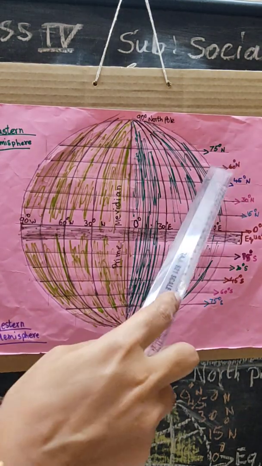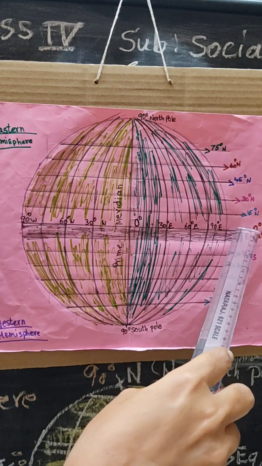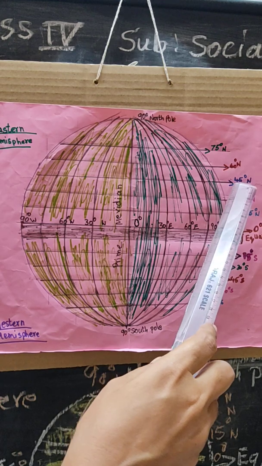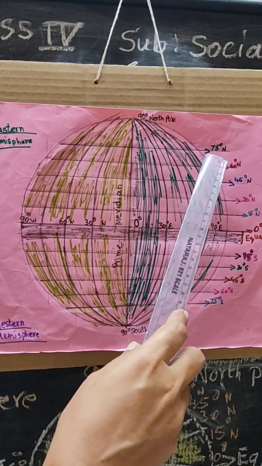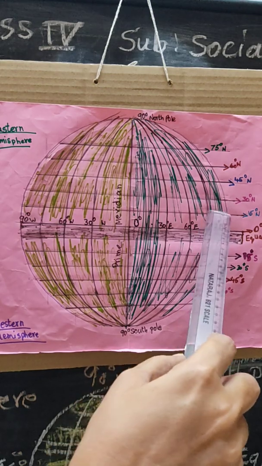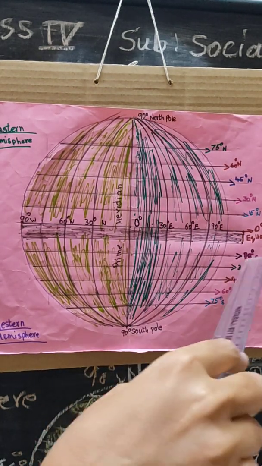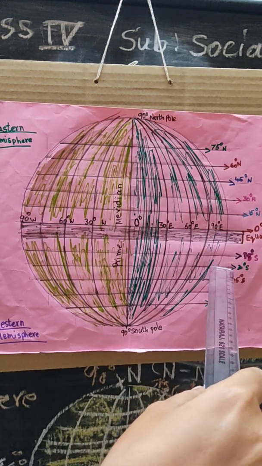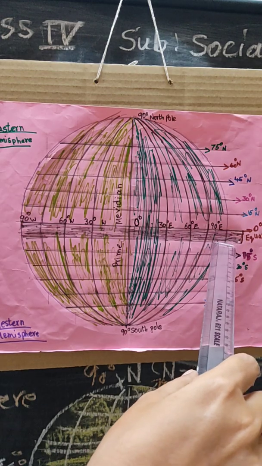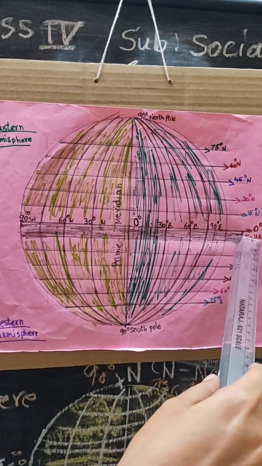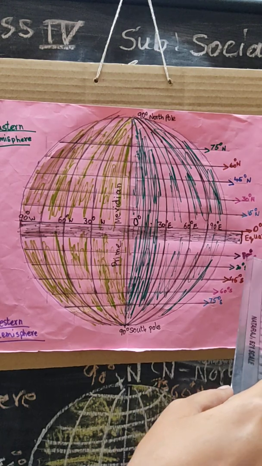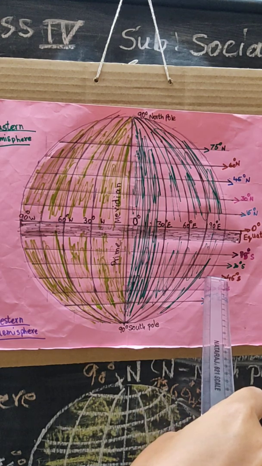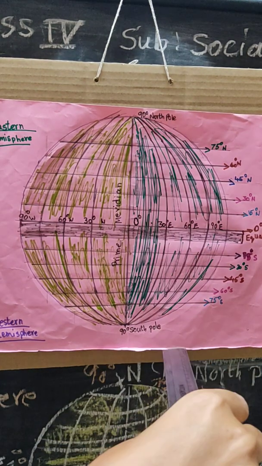Now here also again I will explain to you: from the equator, 15 degrees north, 30 degrees, 45 degrees, 60 degrees and 75 degrees. So how many? 1, 2, 3, 4, 5. Actually 6, because you must add the equator. From the equator again, this is the northern side and this is the southern side. These are the poles.